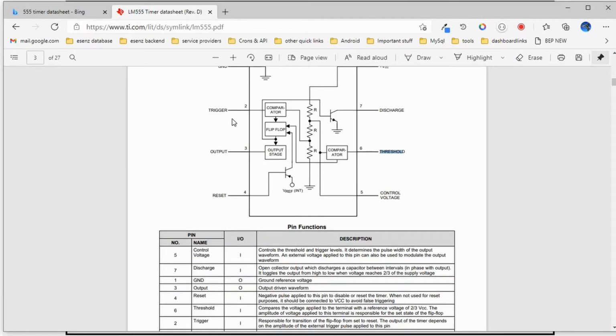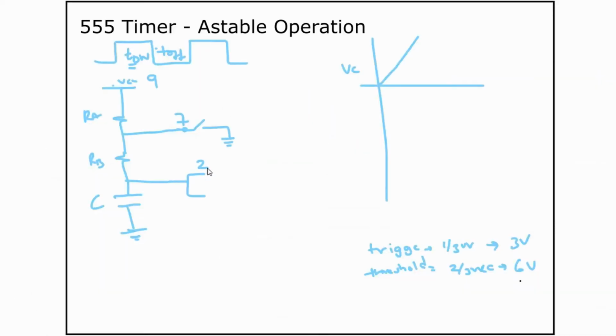The trigger is pin number 2 and threshold is pin number 6. It is connected to 2 and 6. So basically, once the capacitor starts charging, as soon as the threshold voltage increases above 6 volts, this transistor will turn on.